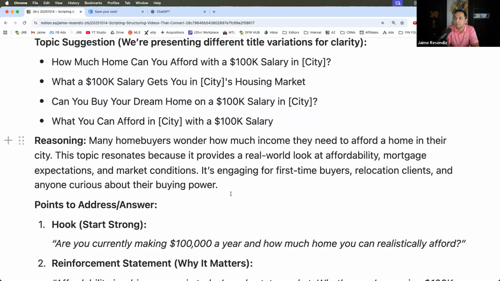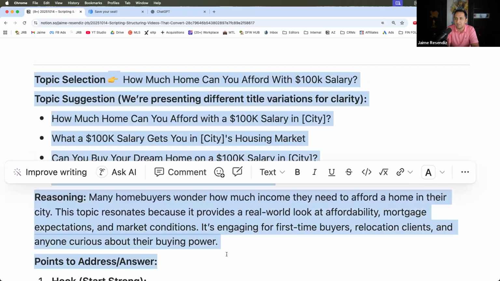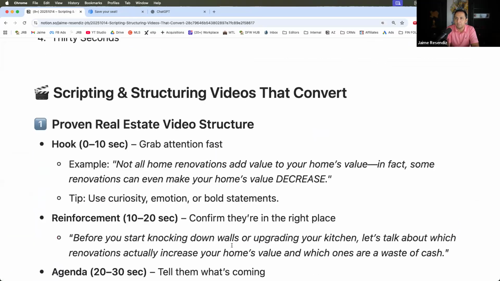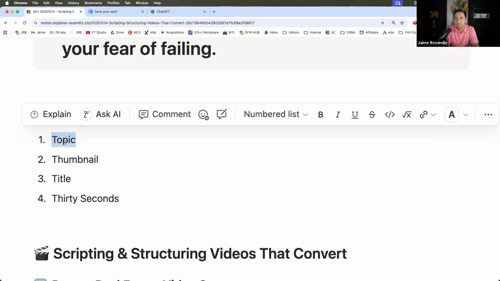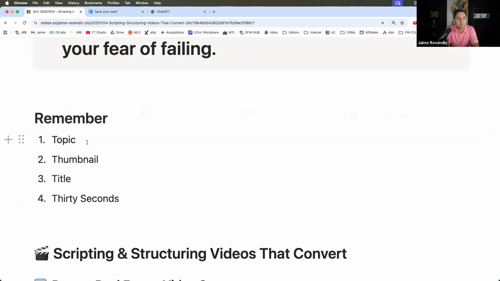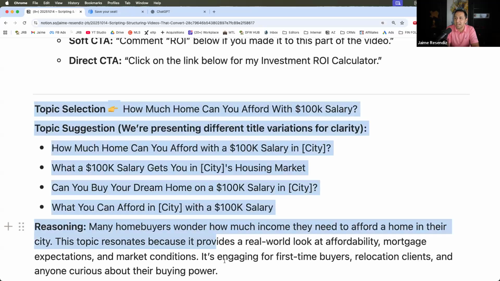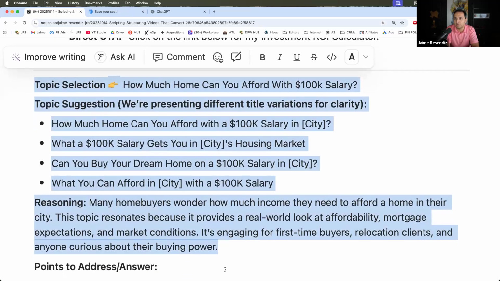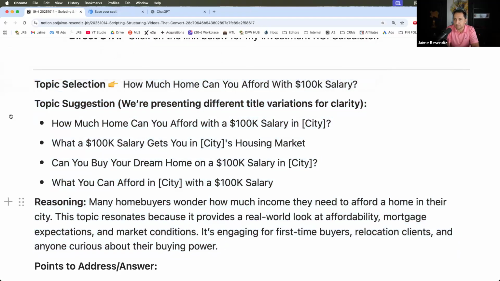So you're looking at all these different titles that you can essentially use for this topic of a video. And then we give the reason that we're actually making this video. Again, we're going off of the principles of getting the topic right. That's why we spend so much money and so much time and resources getting these topics out to our creators, because we know that if they make the right type of topic, 80% of the time, they're going to win. So we spend so much time educating and sharing with our creators why and how we're doing this.